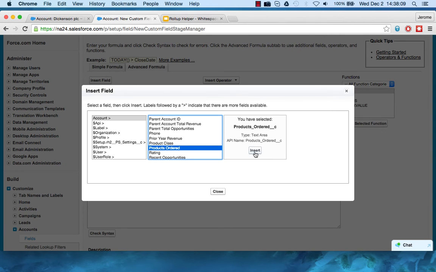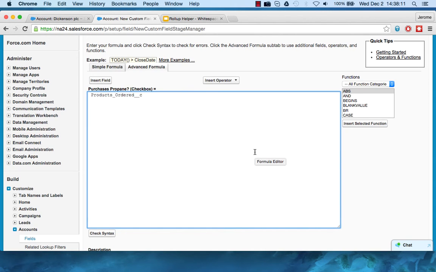Now, if we just left this formula as is and saved it, all it would do is copy the value of products ordered into the purchases propane field, which doesn't really make sense because it's a text field and we're trying to display a checkbox, which is a Boolean, or a true or false field. So what we really want to do is do a function on the value that's contained in the products ordered